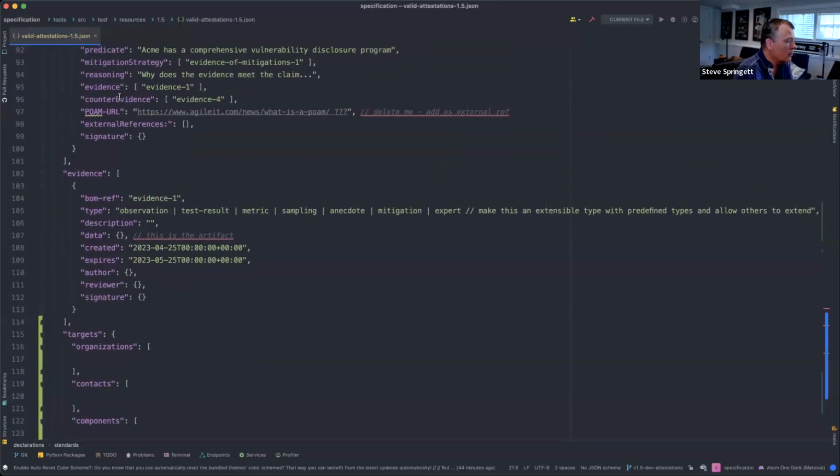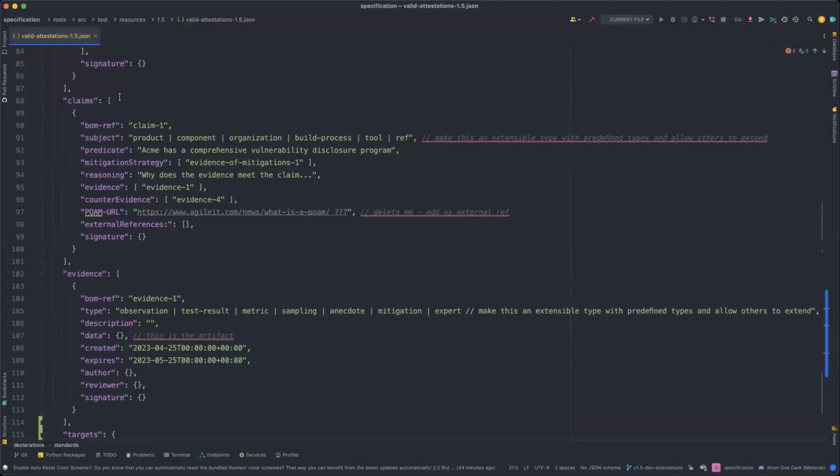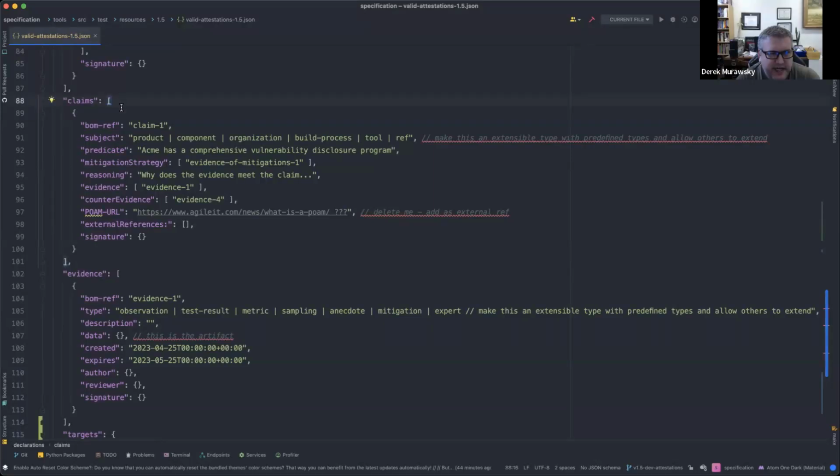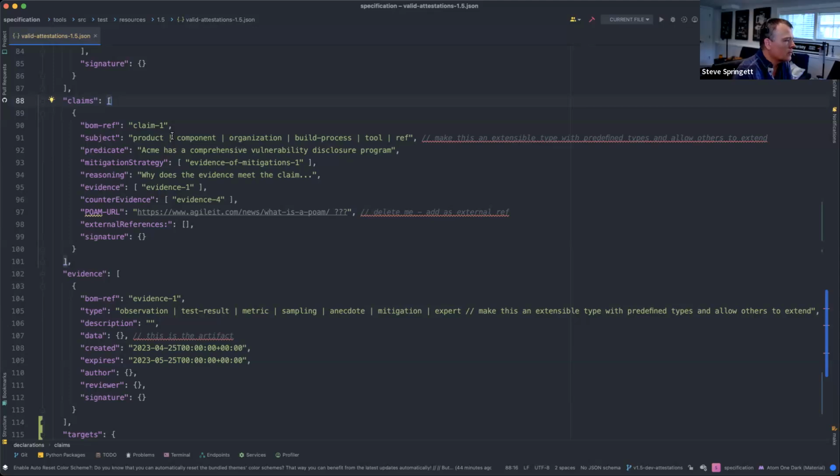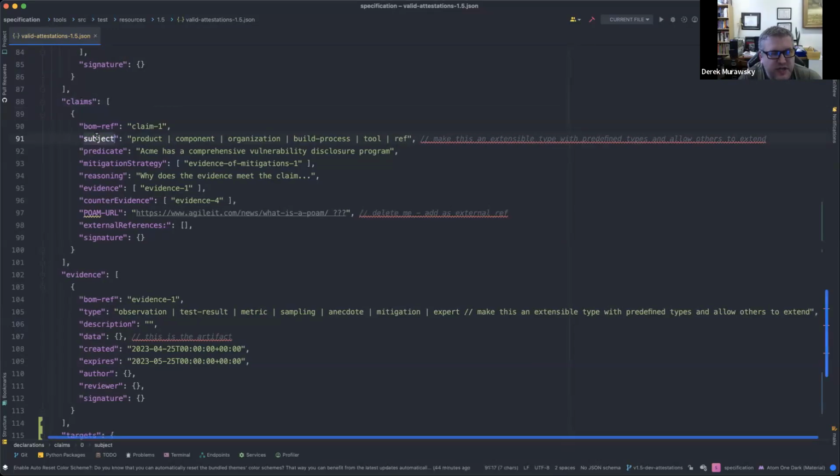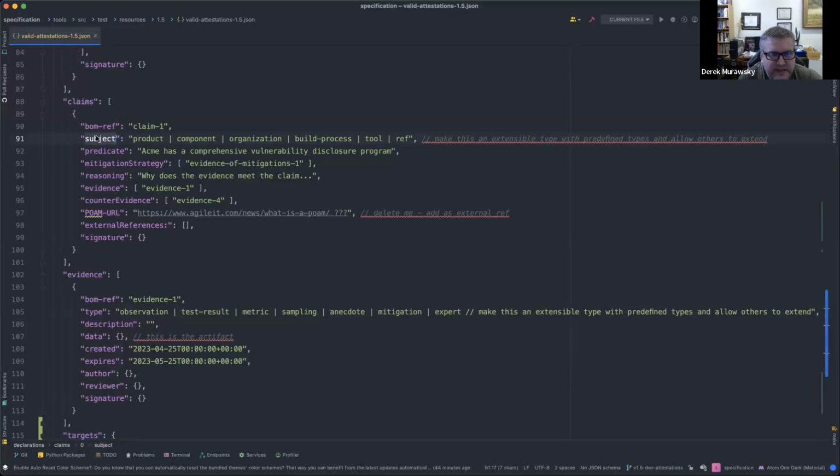Can you elaborate? Which one is that? So if you look at the claims here, we've got a bom ref as the thing. Then we've got the subject. Oh, that's interesting. Yeah, so the claims were against particular subjects, which does make sense. Then again, we've got this idea of subject that's buried in the claim that we might want to reuse. You can't have them both. Anything that's reused should be declared at the top level if it's going to be a reference. So yeah, this could be a ref.